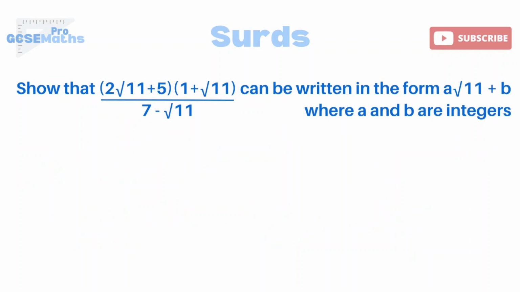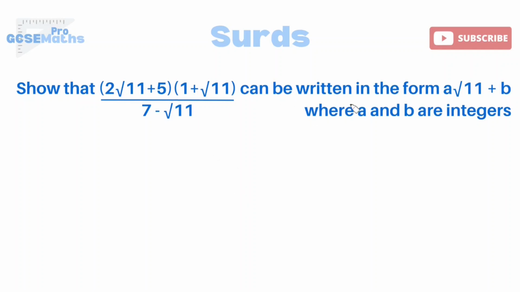Okay, this is our final question on this topic. As you can see, it's a bit trickier because there's just a bit more going on in the numerator, but we're still going to do exactly the same process. Again, it doesn't say to rationalize the denominator. However, first of all, surds, there's not really a whole lot you can do. What else are we going to do really apart from rationalize a denominator if we have a fraction with surds